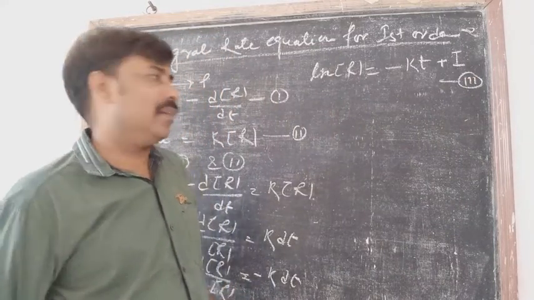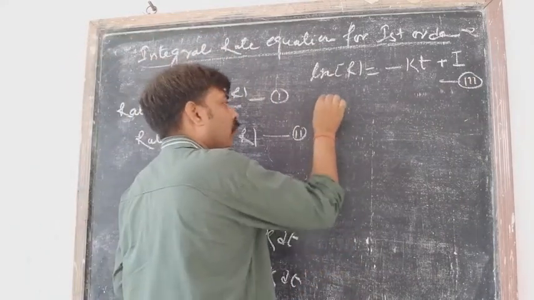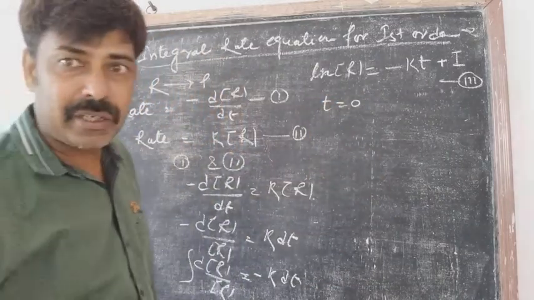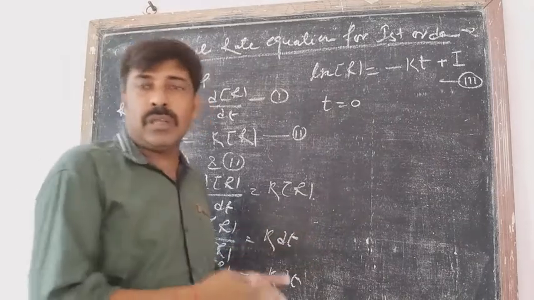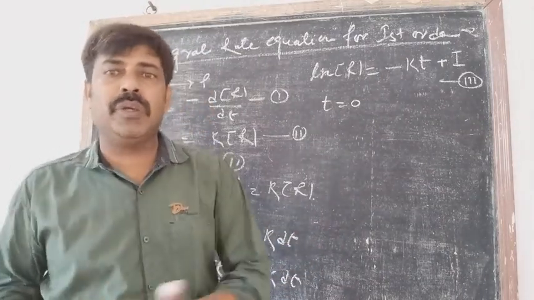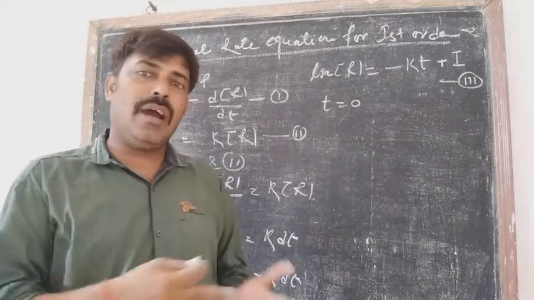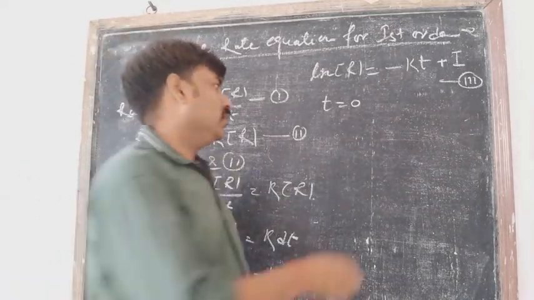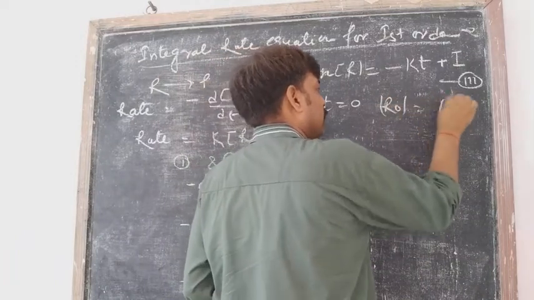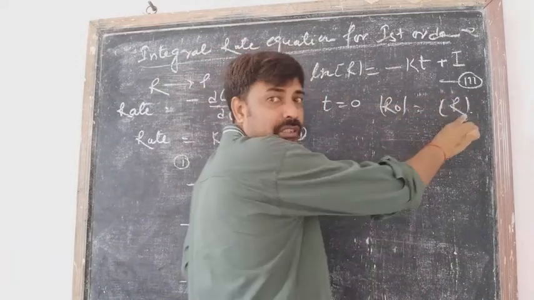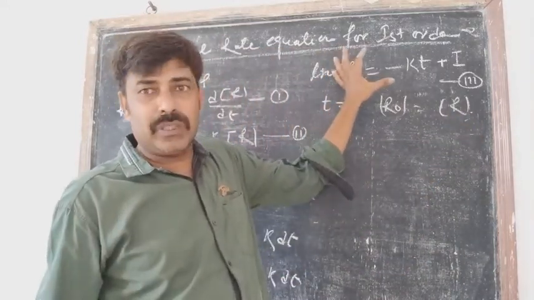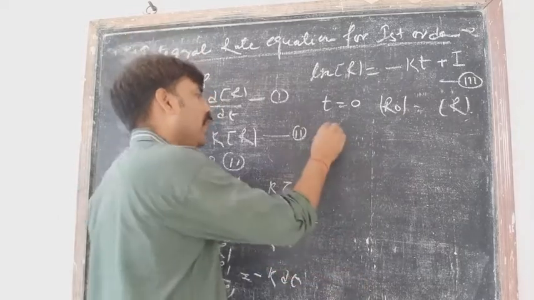Now we are taking the condition when t equal to 0, that means the reaction has not started. अब रिएक्शन स्टार्ट ही नहीं हुआ तो कंसंट्रेशन कंज्यूम होने वाला नहीं है. The initial concentration must be equal to the final concentration. That means R naught must be equal to R. So you can write that concentration R naught equal to concentration R, or initial concentration equal to final concentration. We will just put this value in equation number 3. Putting the value.